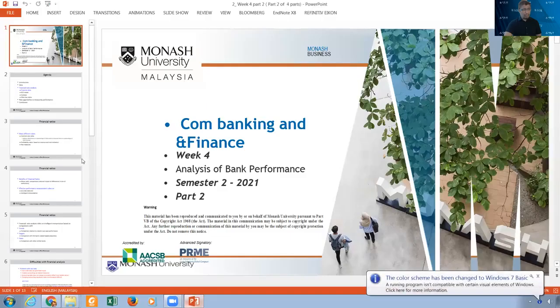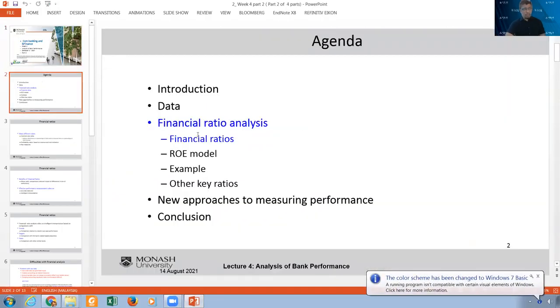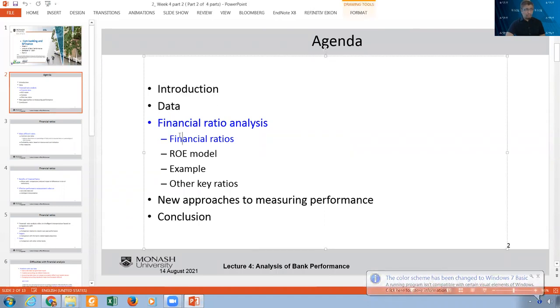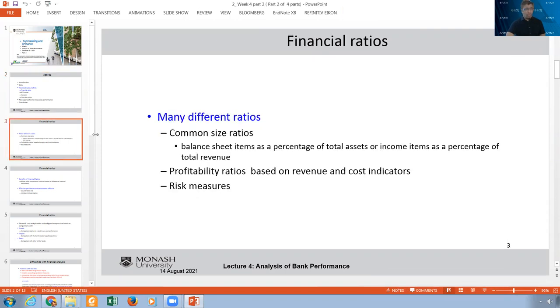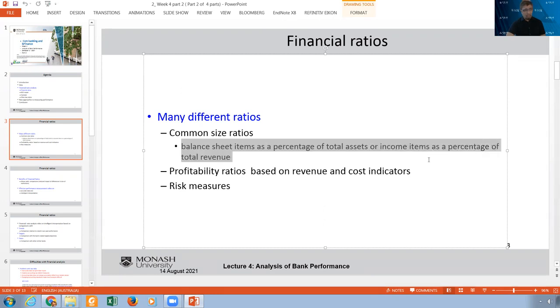Now, if you allow me to share, we are talking now about the financial ratios. We already finished the introduction and data. Now we are talking about the financial ratio analysis, and we are specifically talking about the financial ratios. We have many different ratios. We have common size ratios, profitability ratios, and what we call risk measures. Balance sheet items are expressed as a percentage of total assets, or income as a percentage of total revenues. For example, in the income statements, we are talking about